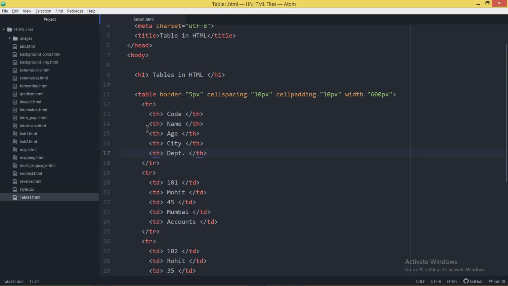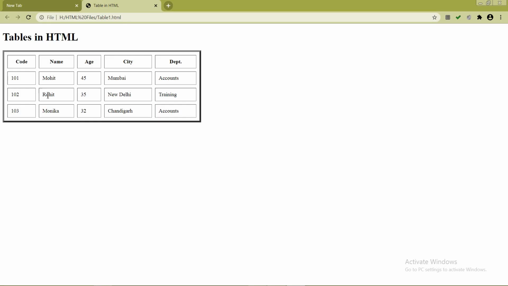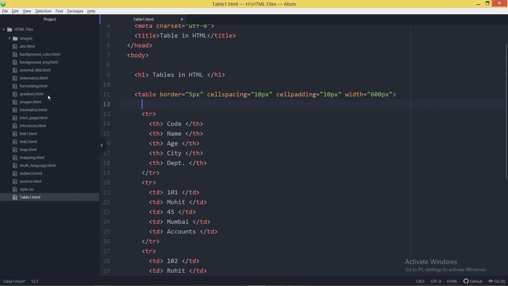Caption property has one condition: whenever you want to give a caption, we have a caption tag. But where to give it? Immediately after the table tag. If I want to give this table a name, we have to give a caption property, but every caption tag must be written right after the table tag.